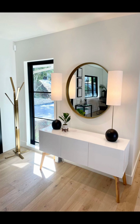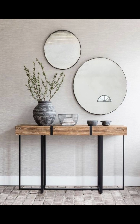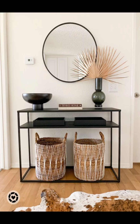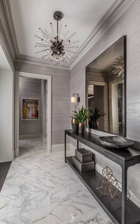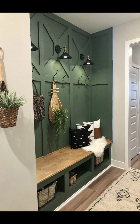The industrial design trend is all about using materials that look raw and unfinished, like metal and wood. It gives a rugged and urban vibe to your space. Think about those cool lofts you see in movies with exposed pipes and brick walls. That is industrial style. Now imagine adding some metal accents to your entryway, like a mirror with a steel frame